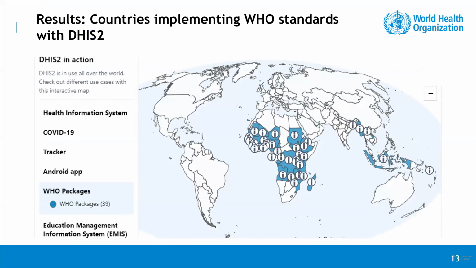And the result is we have 39 countries that have implemented this, with the support mostly at the moment from Global Fund and Gavi, which you have heard from the presentation yesterday. And there are more and more partners who also want to support this and to see the benefits of having one single integrated routine health information platform that is shared across different programs, different partners, and can be used across the entire country.